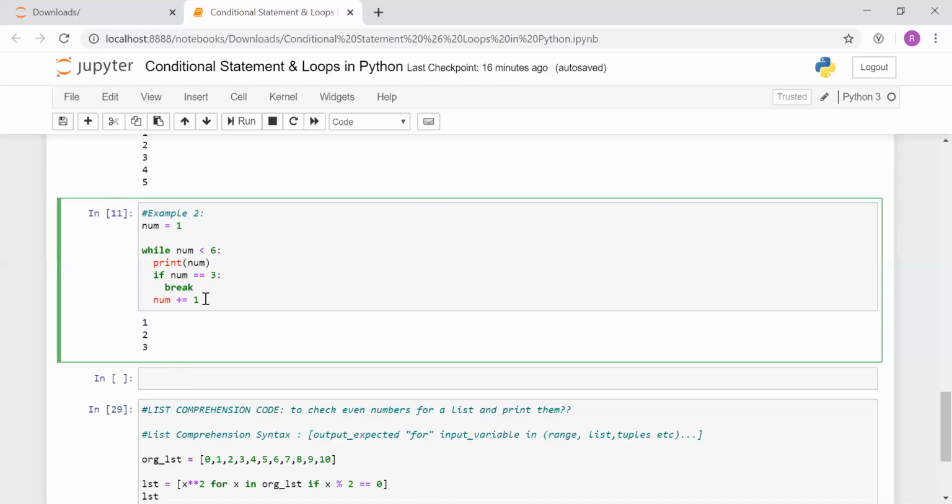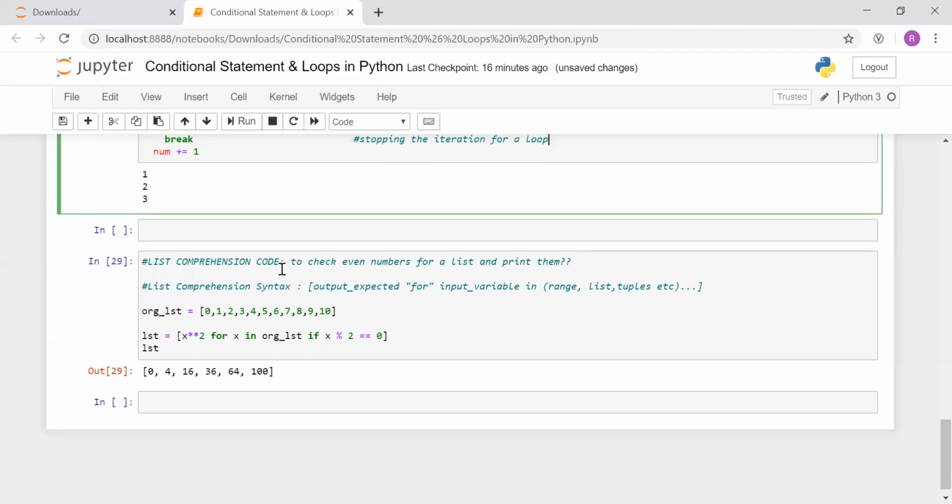So this is basically the function of the break statement, stopping the iteration for a loop. So this was an example of a while loop with a break statement.